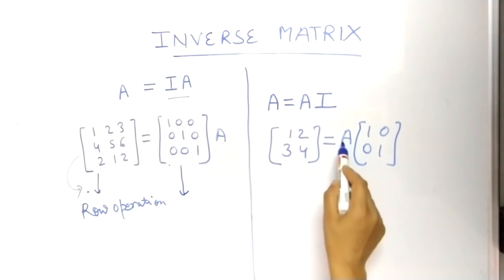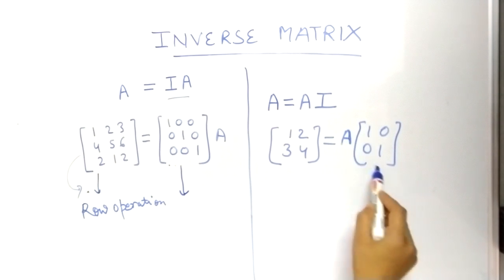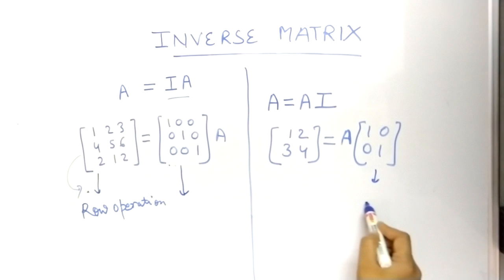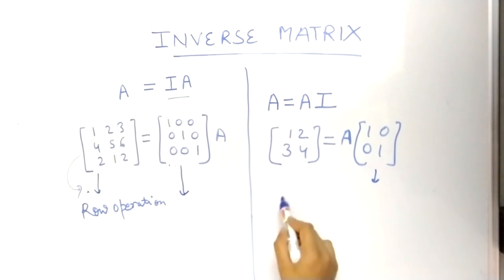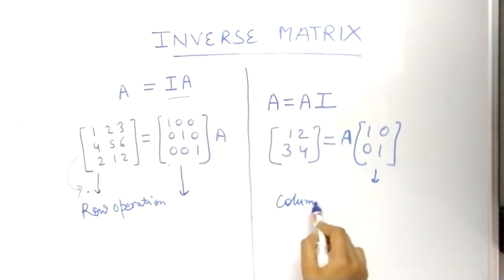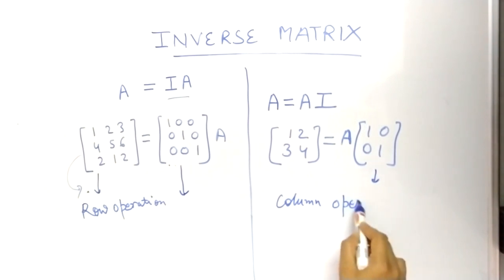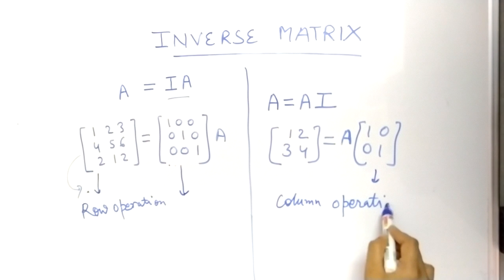Like in this, you can see A is written here, and the identity element is in the second position. So in this type of arrangement we can do column operations only. This is clear? This is very important. And after that you can find out